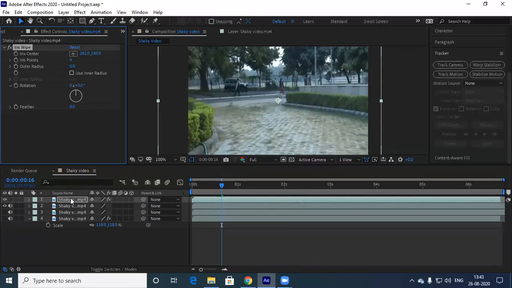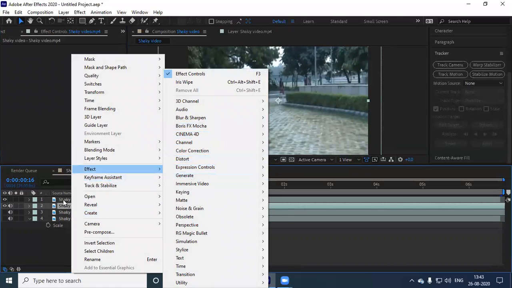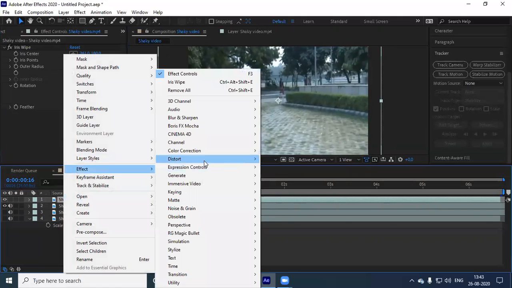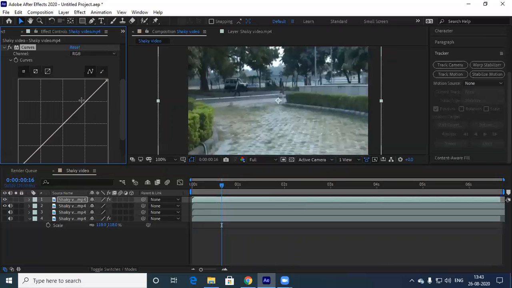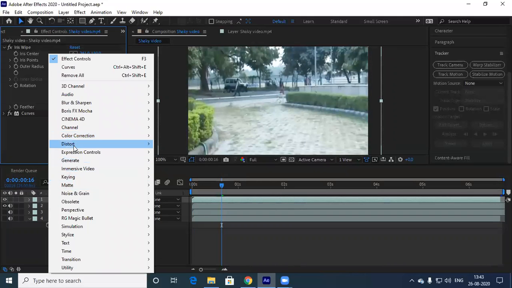Just to have a bit of difference, for the bottom video, what I'll do, effect. Let me take this one. Let me do some color correction for the top video. Color correction, go to curves. Let me increase this, and along with that, let me add some tint or additional things.